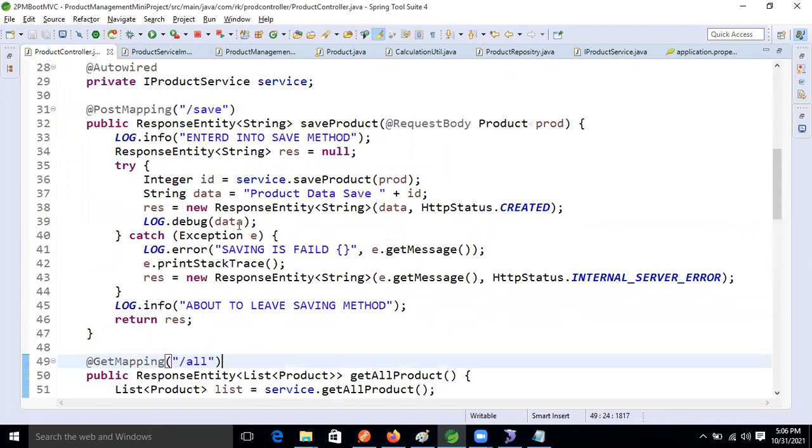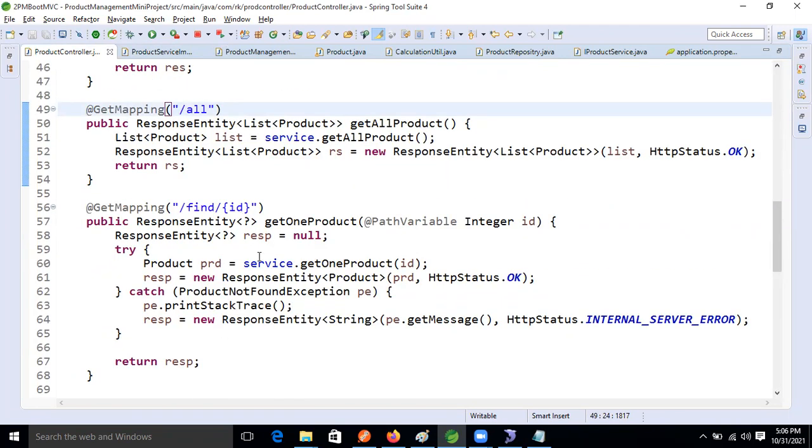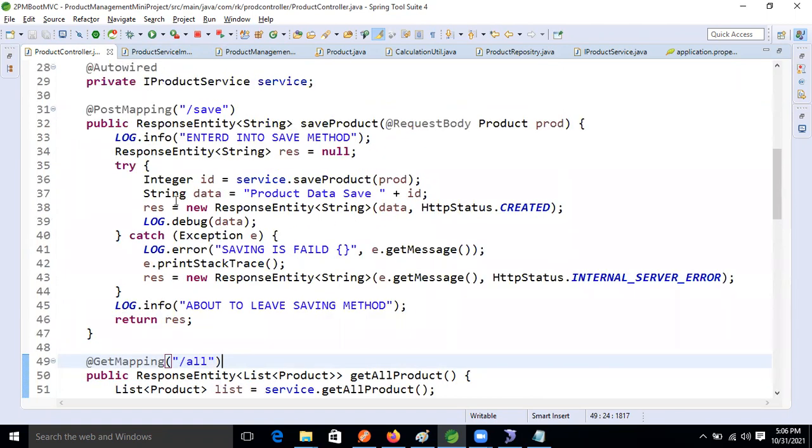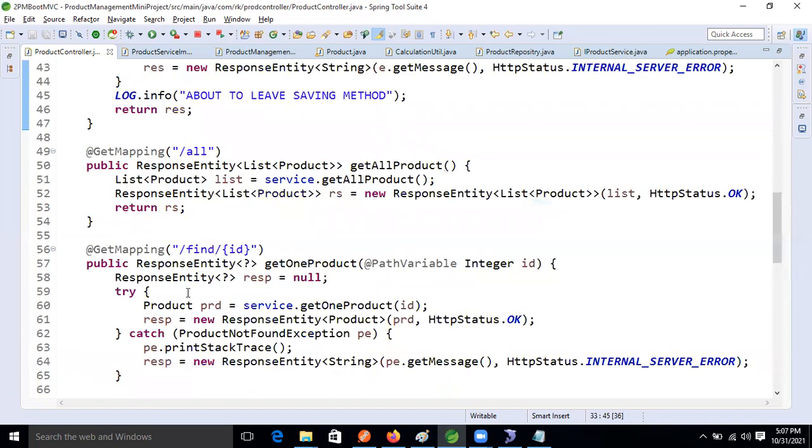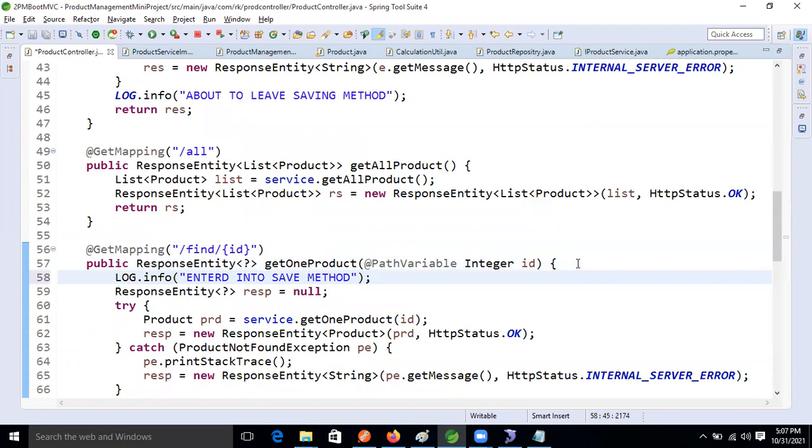At the time of getting one record, we will implement it. So what I'm doing now, guys, is the same thing. Let's copy this same method. Our control will enter inside that find method.